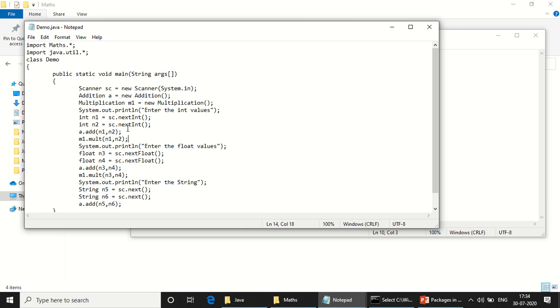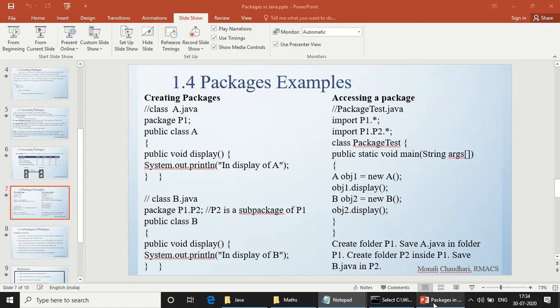Similarly, if you want to add an array, I can write code for addition of an array in the addition.java program. So we can see that packages are used for reusing the classes. Add can be used for addition for multiple purposes: addition of integer, float, string, etc. That is the use of the package.